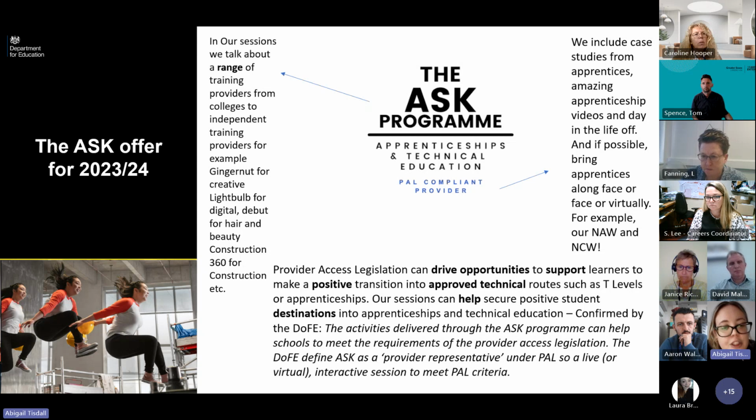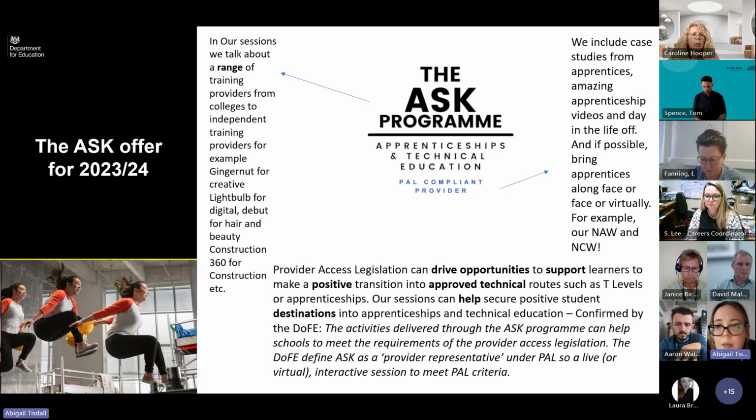For example, if a student is asking where could they potentially undertake a creative and media apprenticeship, we would highlight a training provider in the north of the county, Gingernutt, a fantastic training provider who offer lots of apprenticeship standards and vacancies in that particular area. For digital, we might highlight the Lightbulb training provider. For hair and beauty, we might signpost them to Debut, and so on and so on. I'm just giving you a snapshot of how we advertise and promote that